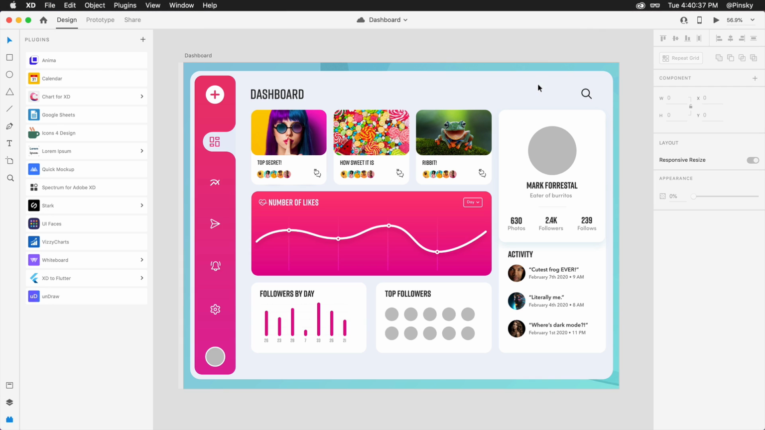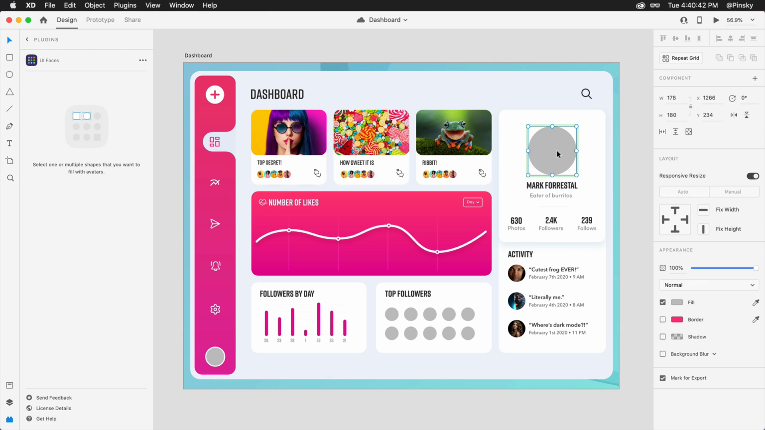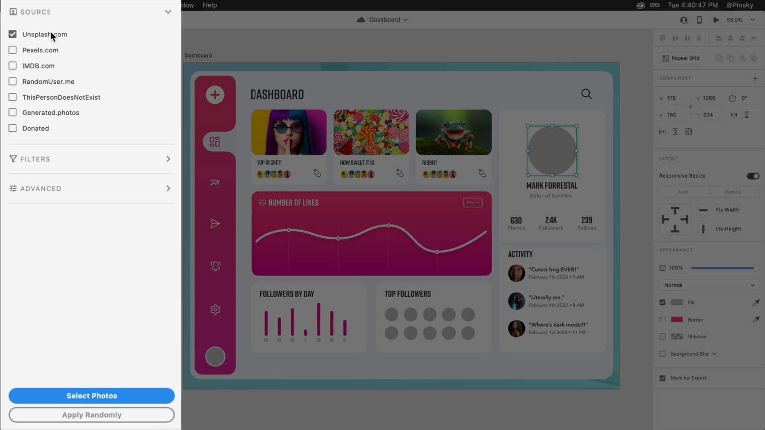On this project, there are a few areas that I'd love to populate with friendly faces. First up, the profile photo at the top. In addition to dragging in an image that I may have on my computer, I can also take advantage of the UI Faces plugin. With an object like this ellipse selected, the plugin will reveal various sources to pull images